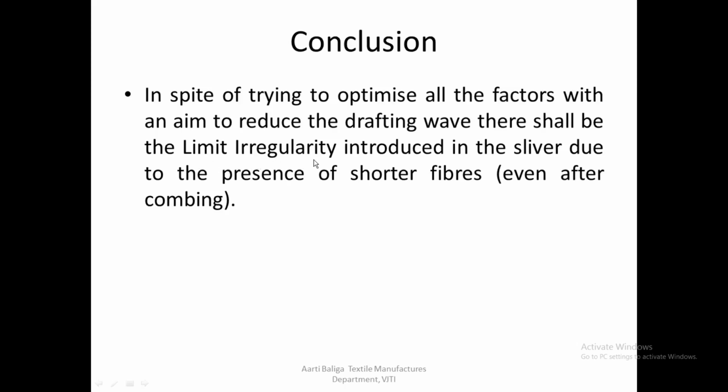What we are trying to say is, in spite of combing, there will be some irregularity that is always going to be there in the sliver. Also, in spite of controlling all the above factors, like keeping draft values optimum, increasing the number of doublings, keeping the coarser input sliver, keeping an optimum setting, and taking care of all of them, you would still find that there is some kind of irregularity in it. This is what we're trying to say.